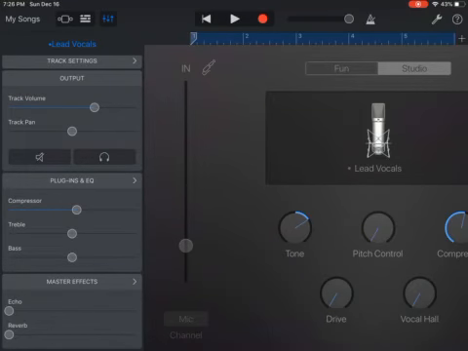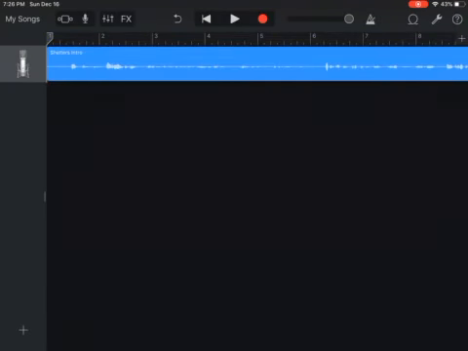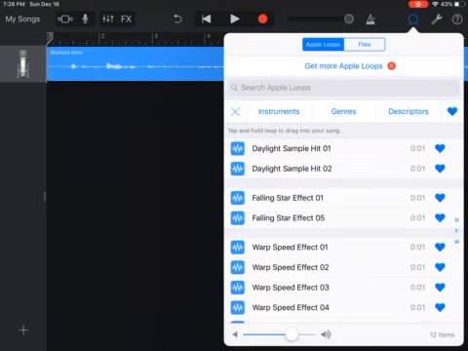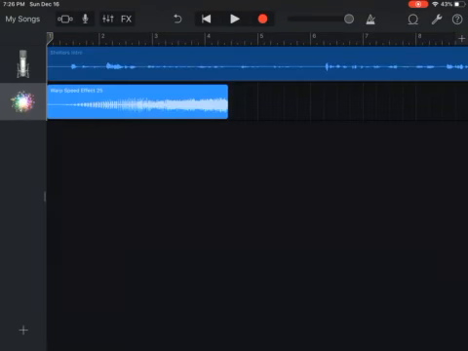So lastly, when you go back in to the edit mode, if you want to add more sound effects, not necessarily music, because to compete in NPR, they don't allow us to use music tracks, but to add in sound effects, you are going to do kind of the same process that we did before. You're going to go up to that loop, and I already have a few that I have saved as my favorites. I'm going to choose this warp speed,